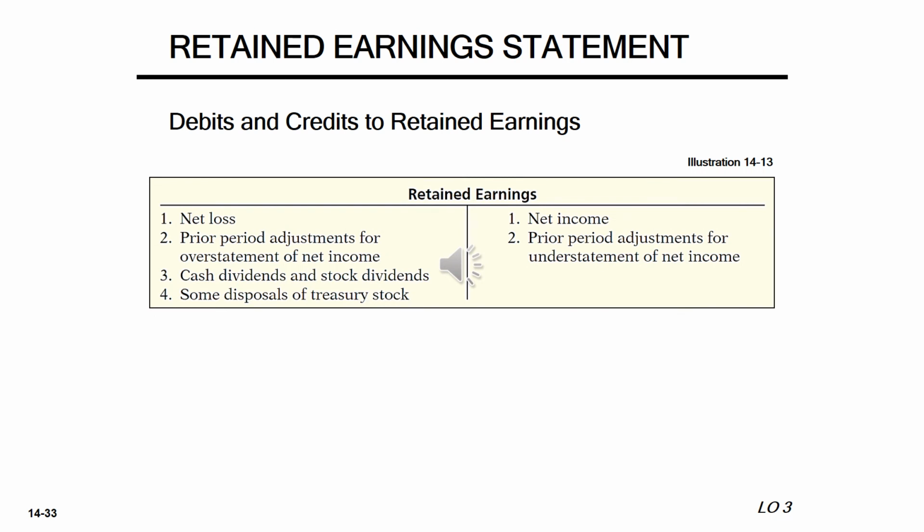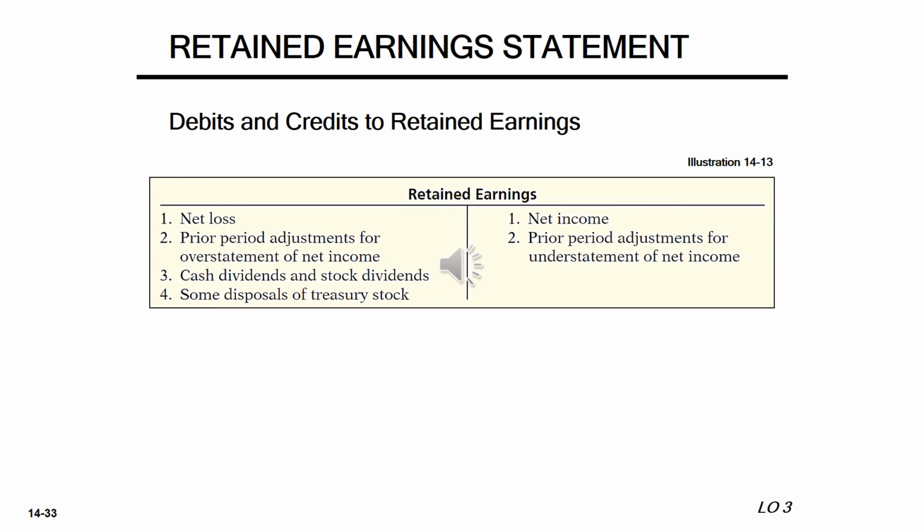It is worth knowing that the retained earnings account is a type of equity. So let's see how debits and credits are carried out to retained earnings. Here you can see the representation of the T account for retained earnings. And we have already seen that net loss is reported as a debit to retained earnings. On the other hand, if we have a net income, we're going to credit the retained earnings account. So net loss would debit retained earnings, net income credits